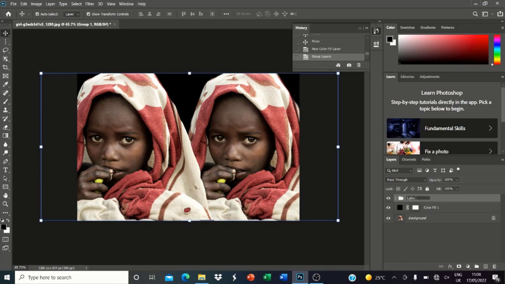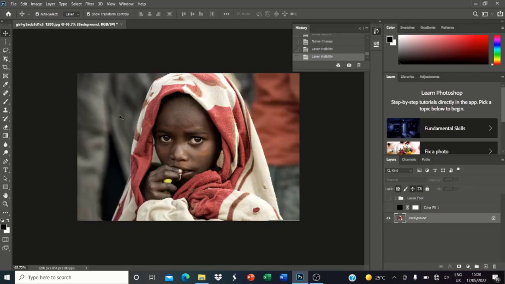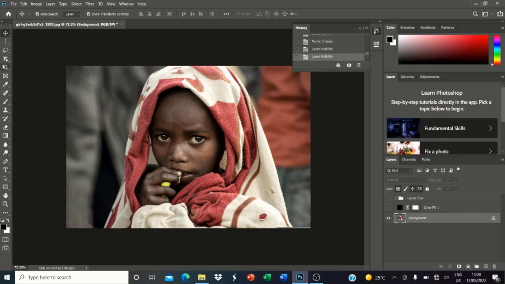This is our lasso tool. Okay, so we go to the next layer. We hide the black layer first and then come back to the original layer. Let's hide what we've done for the lasso tool so we can go back to the background layer. And so, back to the background layer, we select the next tool we want to use, which is the magnetic